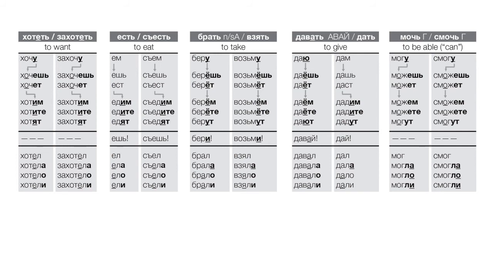Могу, можешь, может, можем, можете, могут. Past tense is weird for these verbs, right? Мог, могла, могло, могли. Okay, so for those obstruents at the very bottom of the master table, usually something weird is going on in their past tense. We can't get it straight from the infinitive. Смочь,